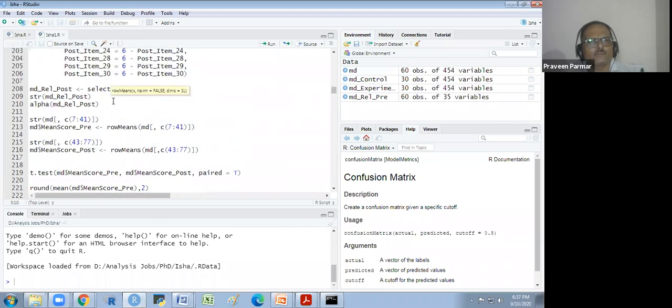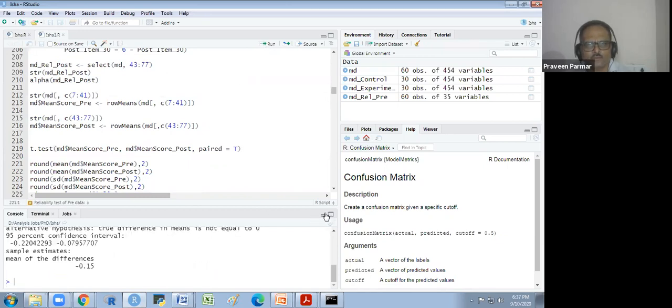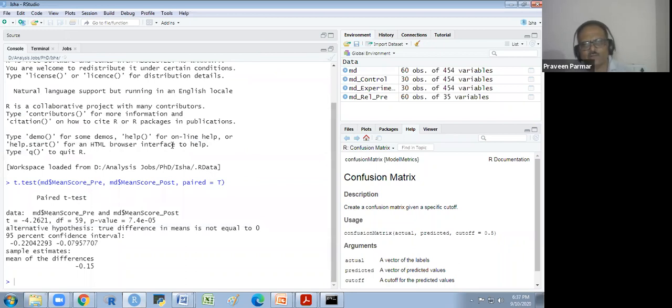We'll try this one. See if data is there. You see, this is my result of the mean score of the pre and the post. And this is the mean score for what I will show you: mean score pre and post of the happiness scale. After meditation, before meditation, they have checked the parameters of the pregnant women, like blood pressure and other things, and the happiness, how happy they are.